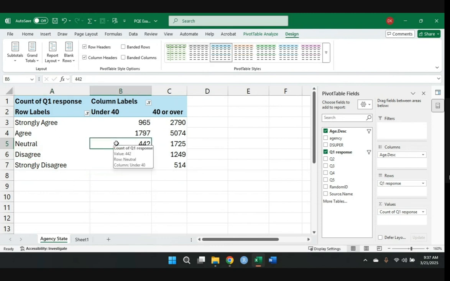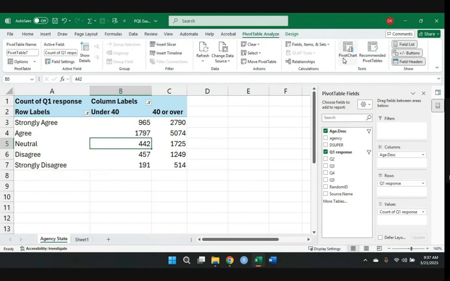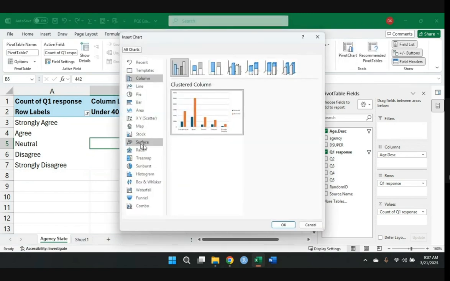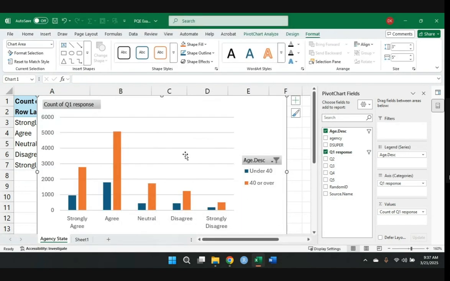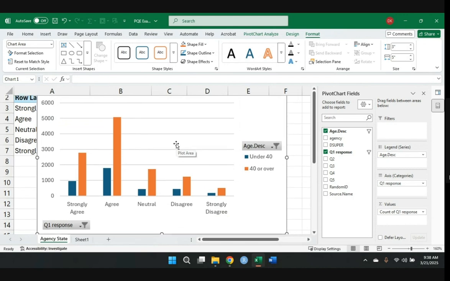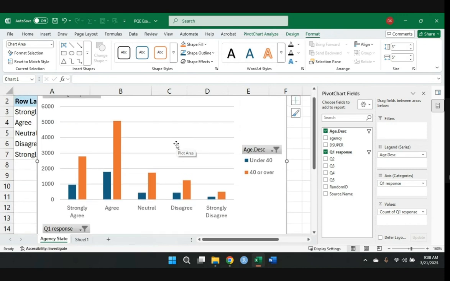And from this, then you could just very quickly put on top of it a pivot chart, and voila, there you go. See how these fall out as far as for this first question. And the over 40s dominate, obviously, because there's a lot more. But you could, in addition to this,